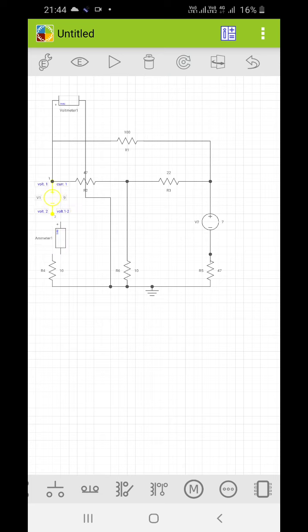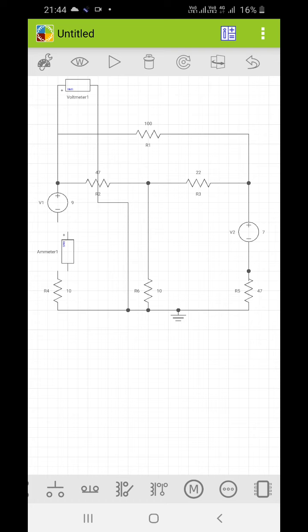You can just zoom in, and then you can place it properly. I'll require some space.